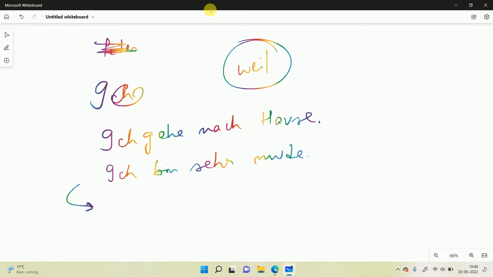What is the last word? Ich bin. After there, what is the word? Ishita, can you be a bit louder? I cannot hear you. After ich bin there, what is the word? See, this bin itself is a verb. But after there, what is the word? Müde. Müde means tired, sleepy, or totally tired.